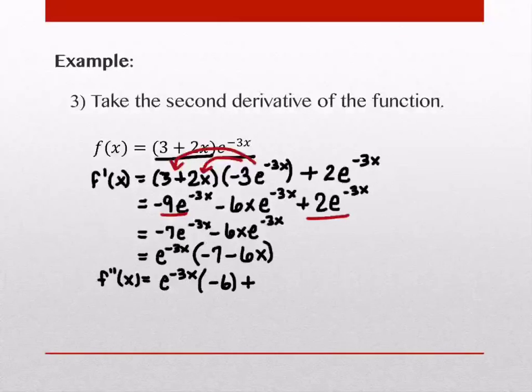Plus, now I need the derivative of e to the negative 3x, which we've done before. What's the derivative of e to the negative 3x? Right, e to the negative 3x times negative 3. So I'm going to write negative 3e to the negative 3x. And then that will be multiplied by the original of the other piece, so negative 7 minus 6x. Again, that's all the calculus that's involved in the particular problem, but we're going to clean it up. So now I have negative 6e to the negative 3x,